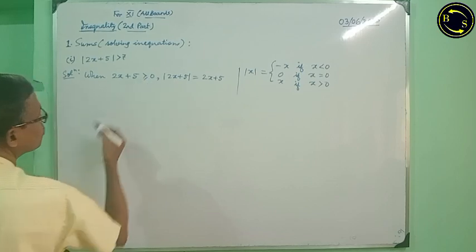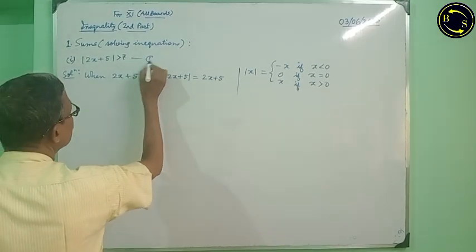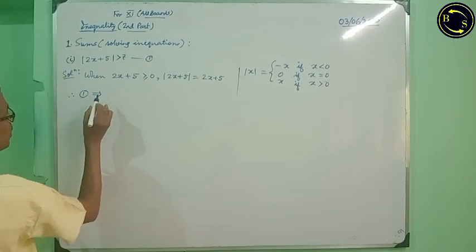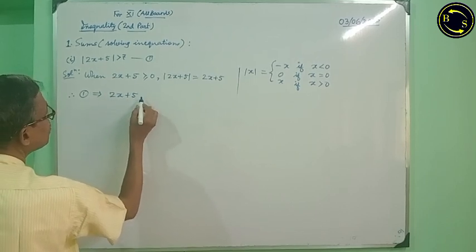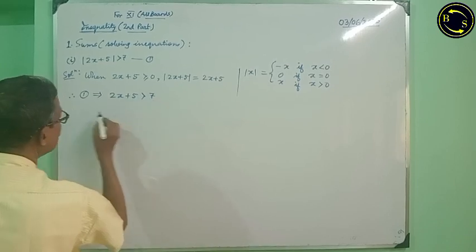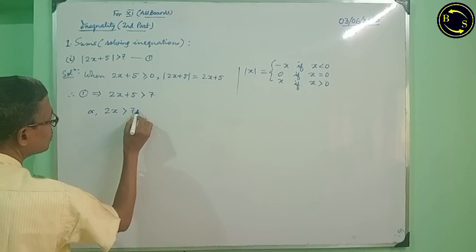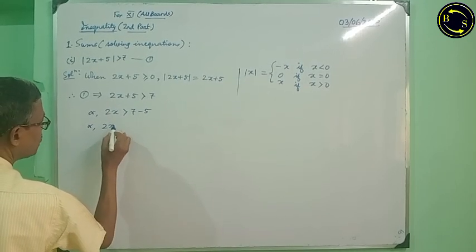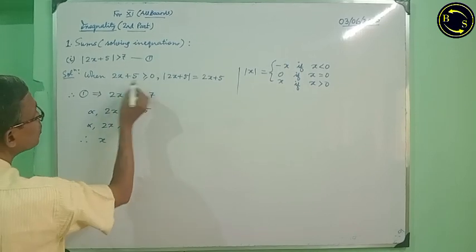I take equal to sign also, and I call this as 1. Therefore, 1 implies 2x plus 5 greater than 7, or 2x greater than 7 minus 5, or 2x greater than 2. Therefore, x